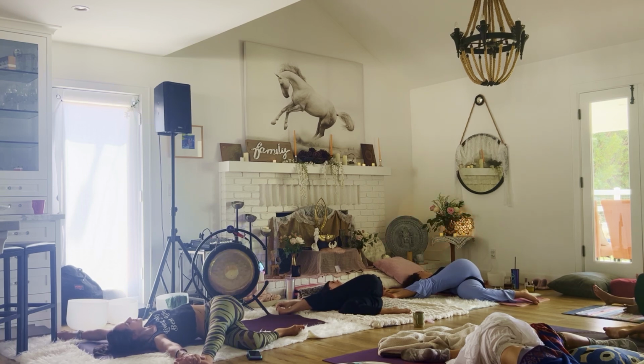Gratitude begins with the gratitude, that feeling inside of our bodies, that joyousness, that love that we feel in these poses, in this